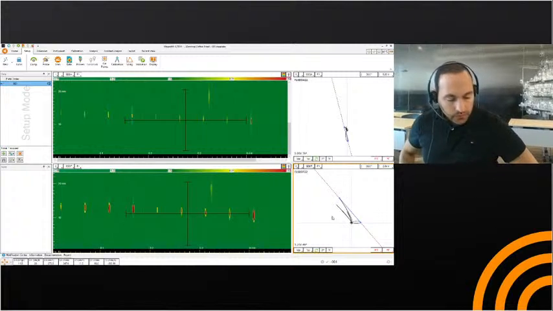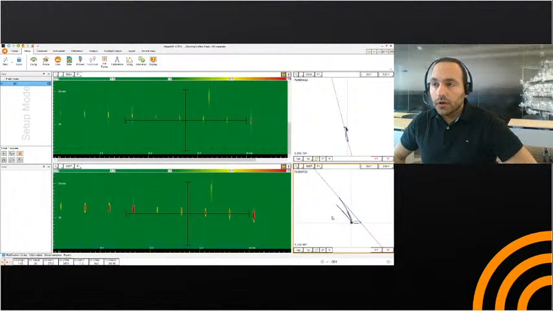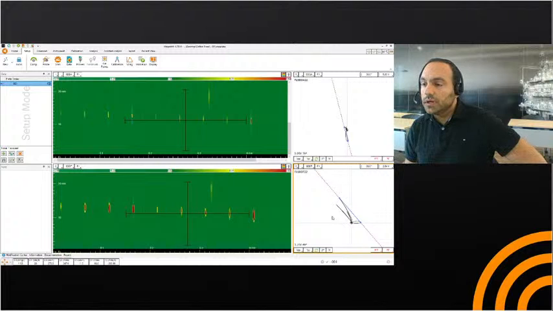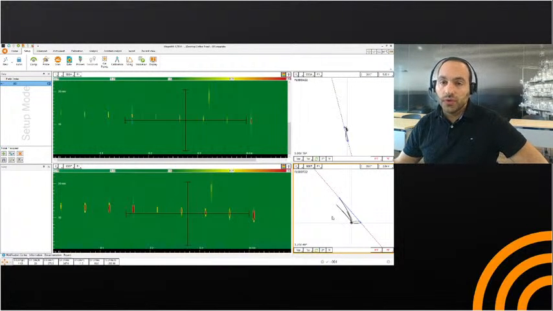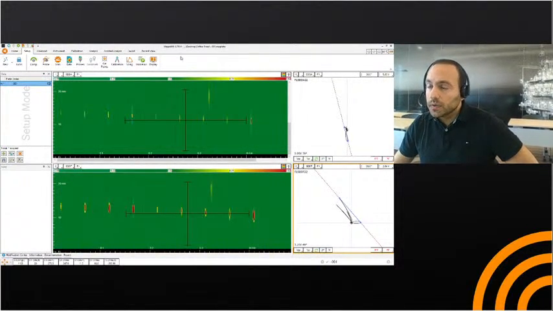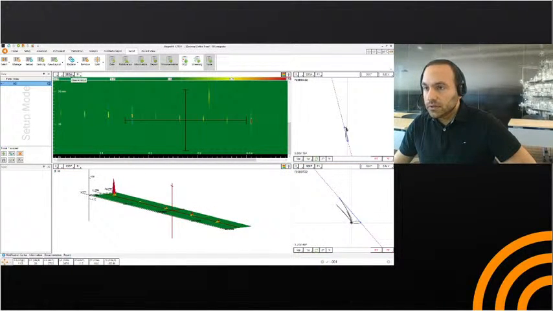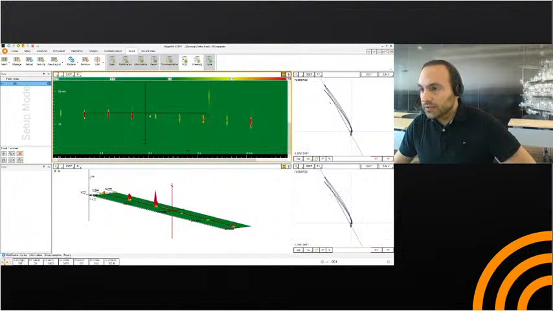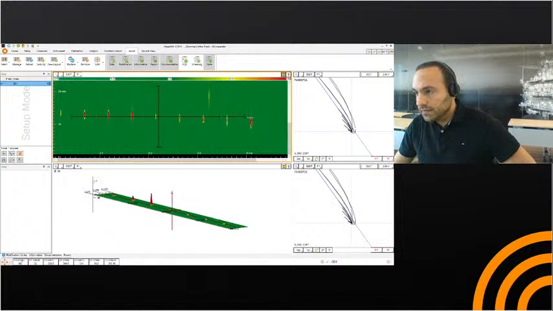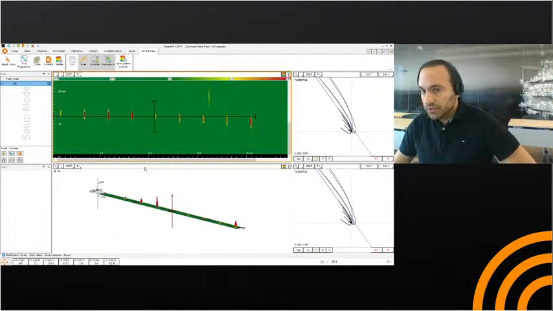So some clients, they like to display this data in a 3D view. So I will show you how simple again it is to display my data in a 3D C-scan. So here I select 3D, I will choose the transverse notches. So it's just a matter of opening your cursor to have all the defects here displayed. If I change to current view,